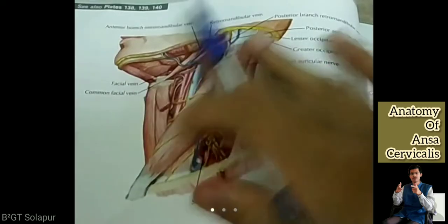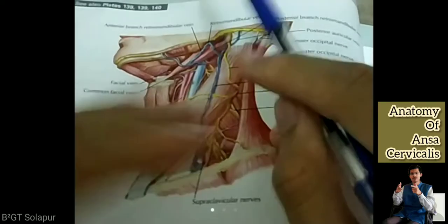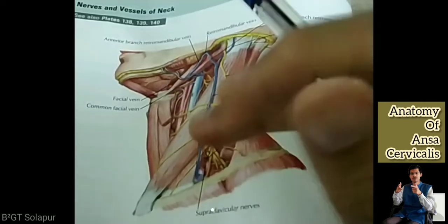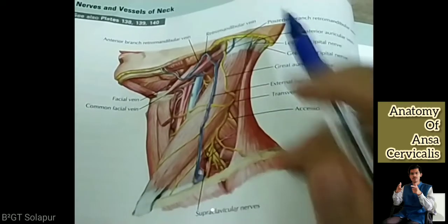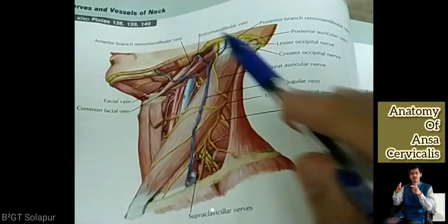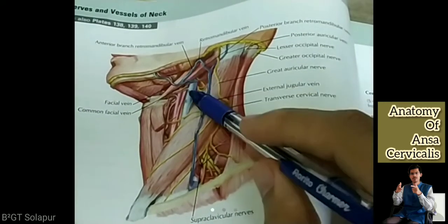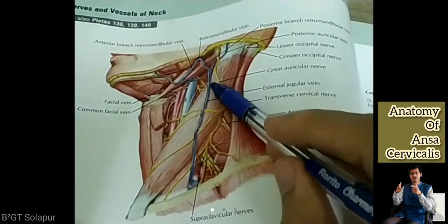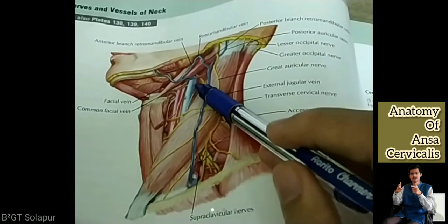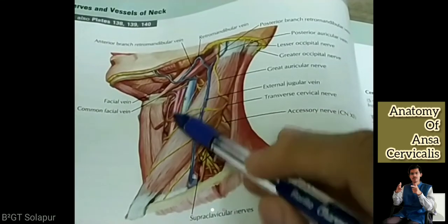This is a superficial view where you are able to see the sternocleidomastoid. Once you remove the sternocleidomastoid and you go in depth, then you will be able to see the lesser occipital nerve, which is going here inside. Now, here I want to show you, see this. Can you see this? See, this is the external jugular vein. This blue structure is the internal jugular vein, and this is the carotid artery.